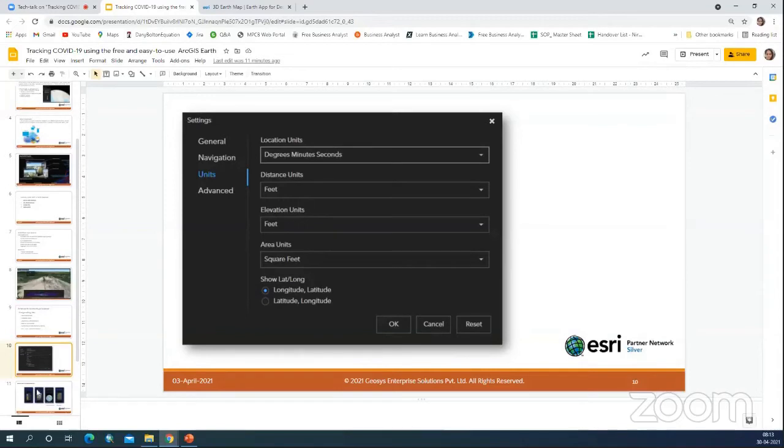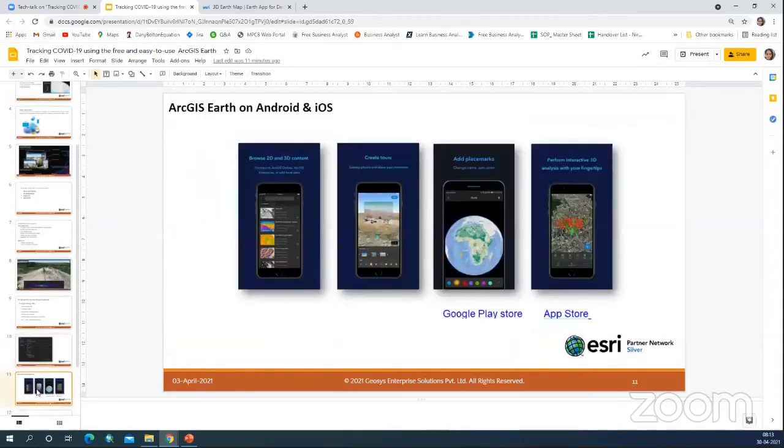And earlier, when we were talking about the licensing model, I was also telling you that ArcGIS Earth is also available on Android and iOS platforms. When you install it on your mobile devices, it would be almost the same as what you're viewing on my desktop.